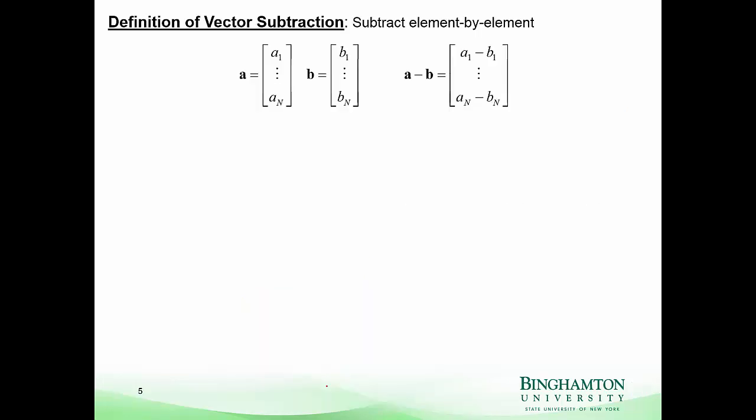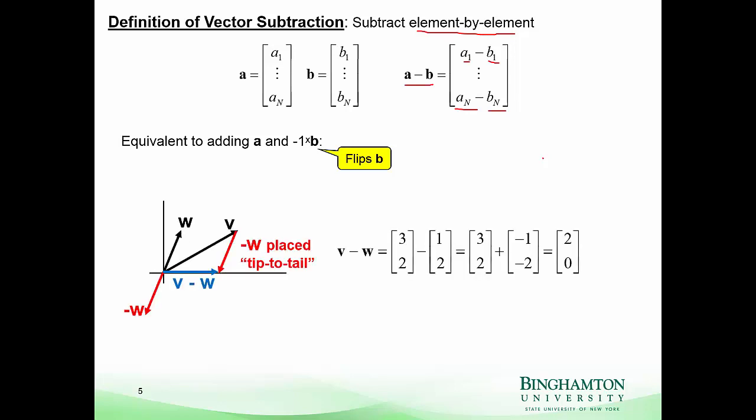So we've defined addition. It's pretty straightforward to then define subtraction. So it's also defined element by element. So if I take a minus b, I'm going to form elements a1 minus b1 all the way down to an minus bn. And, well, we just saw that multiplying by a negative number flips the vector. So we can think about subtraction being nothing more than first flipping b and then adding those two results. So that helps us visualize